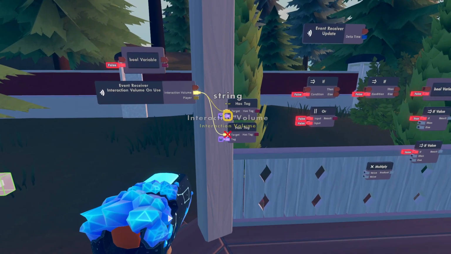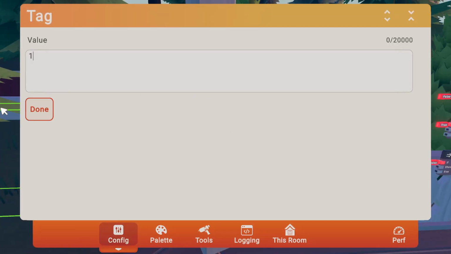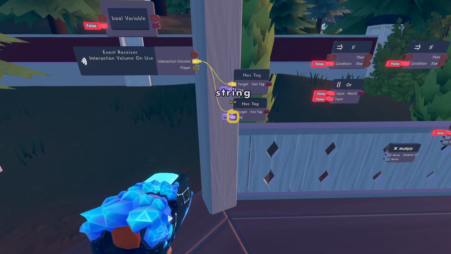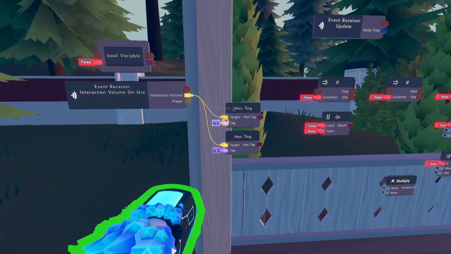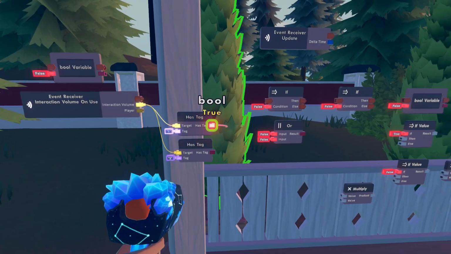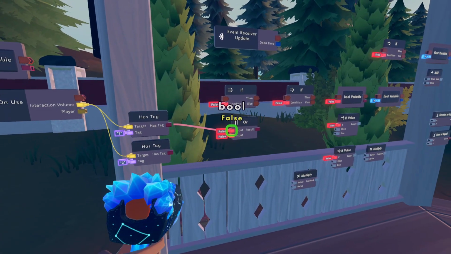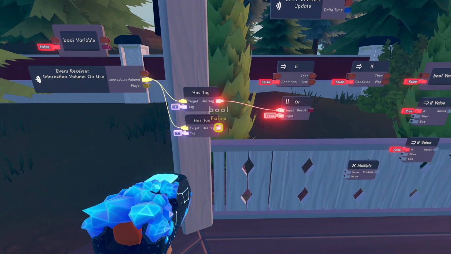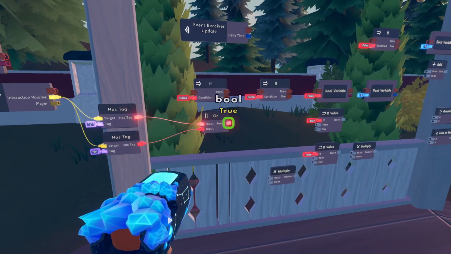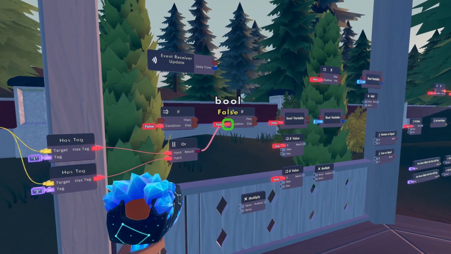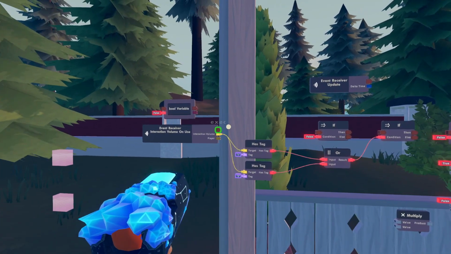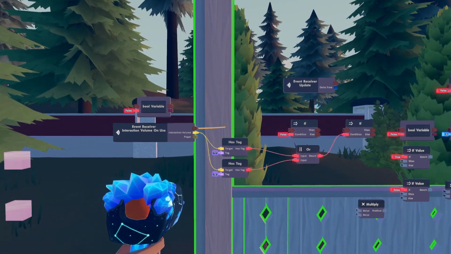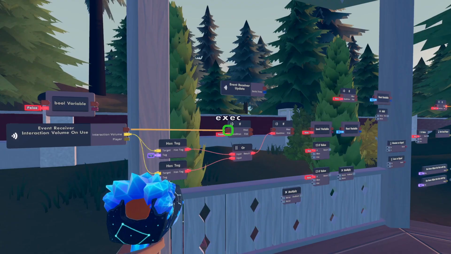Now I'm going to, under the has tag chip, change the first tag to 1 and change the other one to 2. Now wire the has tag output into the input on the OR and wire that into this if chip right here. Now the interaction volume on use's output execution should go to the input of this if